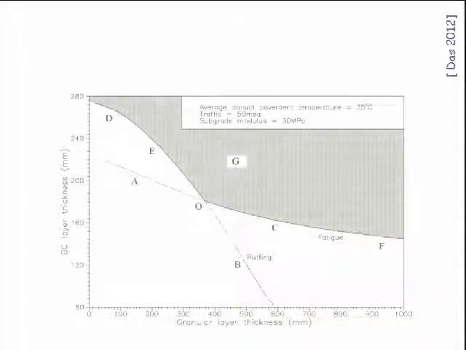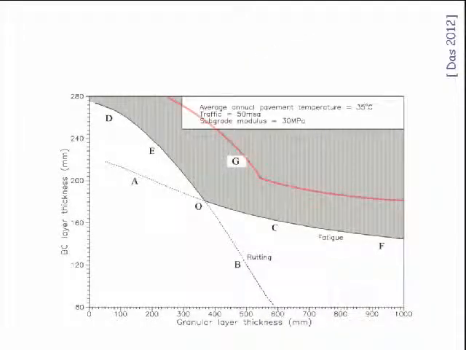If we go back to the earlier way of representing the curve, that was the deterministic design, and you can see the red lines that say that if you are choosing a design from a point on the red marked line, then the reliability is going to be higher than if you would have chosen this line. So therefore, this is how the reliability concept is taken in the pavement design.